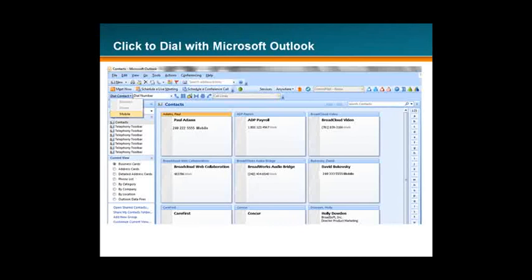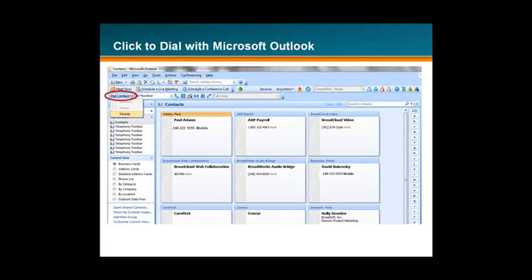Another option for making click-to-dial calls is from Microsoft Outlook contacts, making calling from the desktop even more convenient. Notice that the Outlook toolbar you are seeing above is slightly different from the Internet Explorer toolbar we saw on the previous slides. It now shows a new drop-down menu on the left-hand side of the call control row called